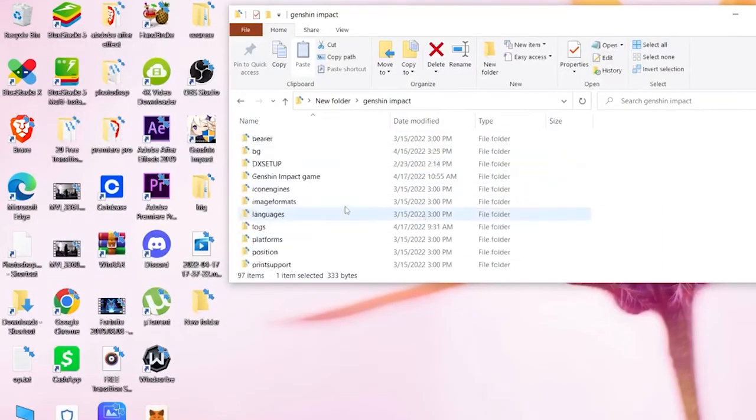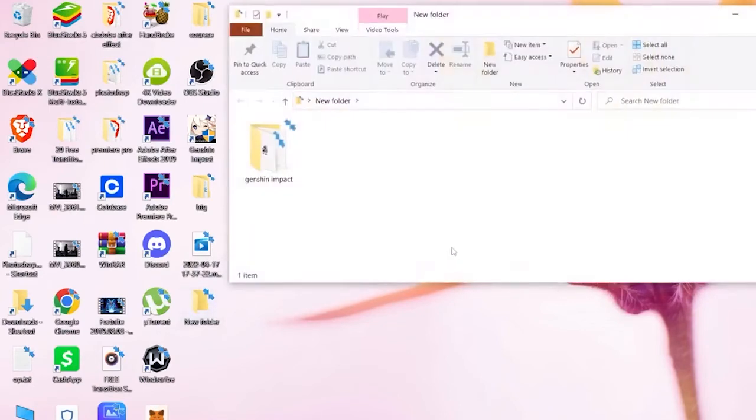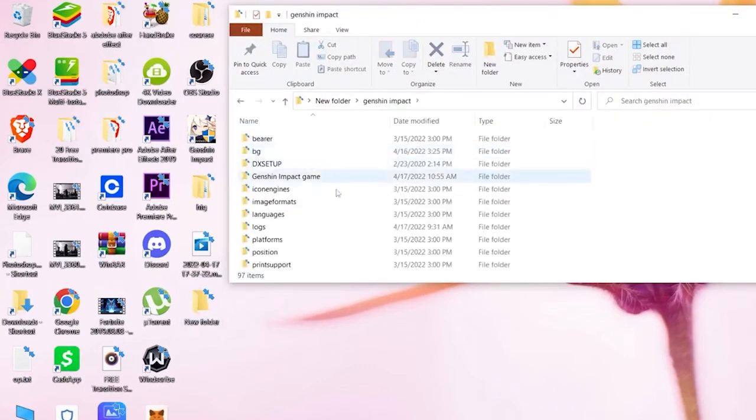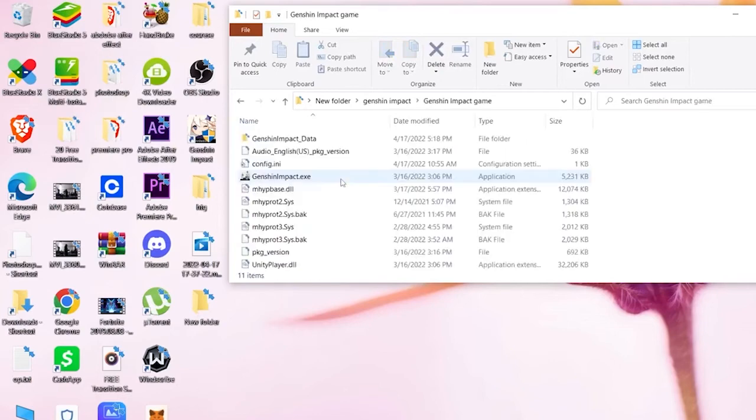Once you close it, go a bit up again, and there should be a Genshin Impact folder inside your Genshin Impact folder, right? So for example, I put my Genshin Impact folder inside over here. Inside this Genshin Impact folder there's going to be another Genshin Impact game folder. So click on it, and over here you want to click on the top. Once you click on the top, you're going to see this, and once you see this, you want to copy